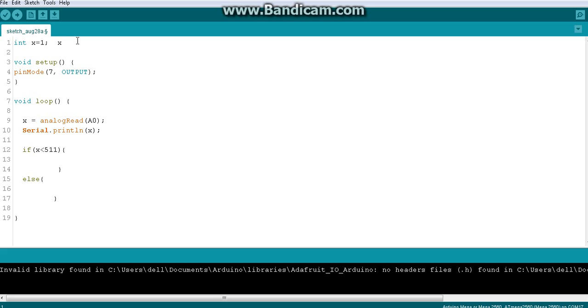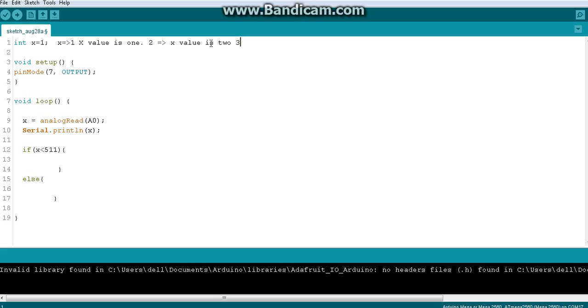I'm going to say: if x value is 1, I want to print "x value is 1". If x is 2, I want to print "x value is 2".